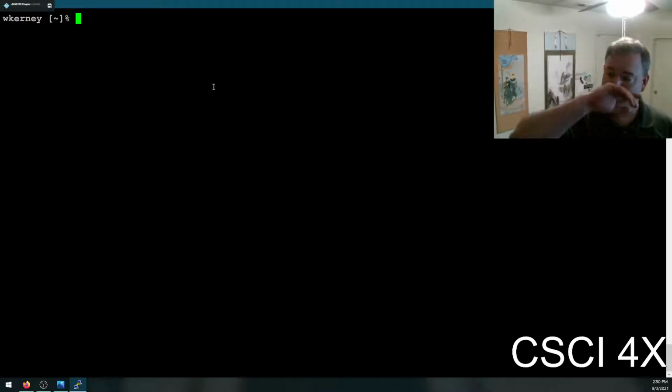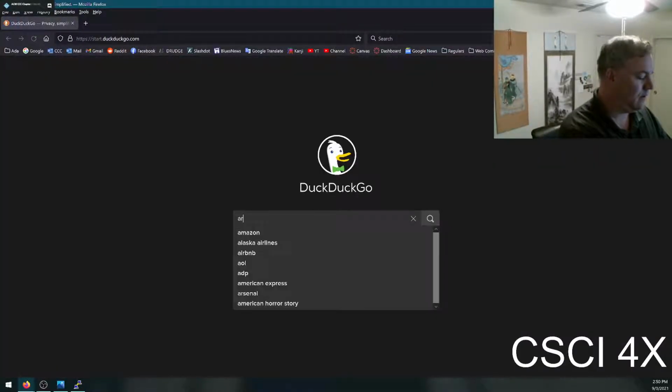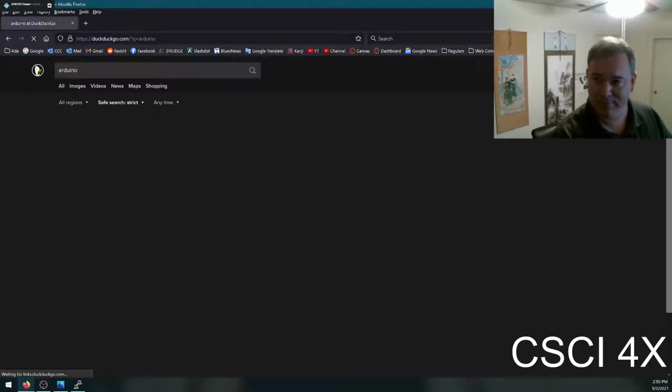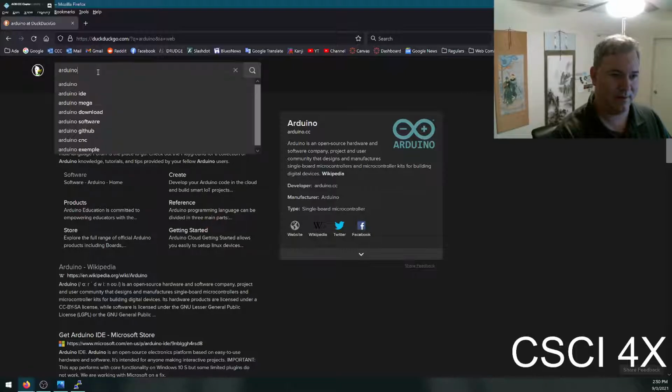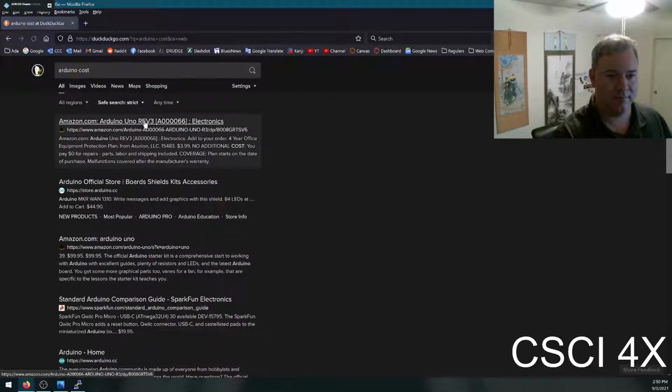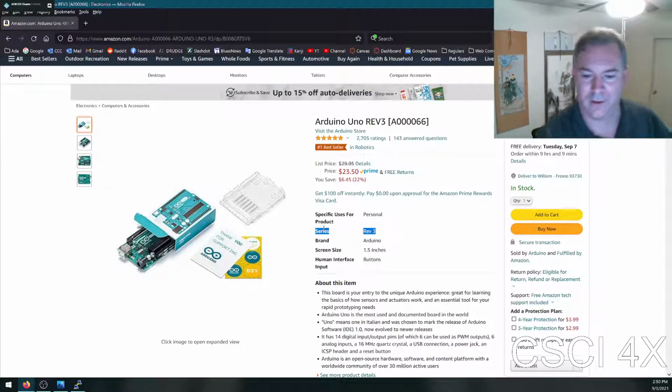I just sent it off to school because Arduinos are really cheap. Like if somebody was going to steal it, right? Actually, now that we're in a pandemic, I don't even know how much these things cost now. Okay, Arduino Uno, $23. Okay, yeah. So you can get a microcomputer or an embedded computer, however you want to put it,